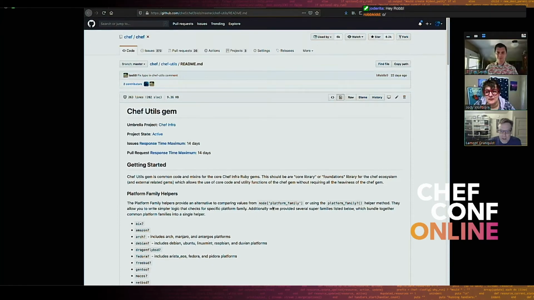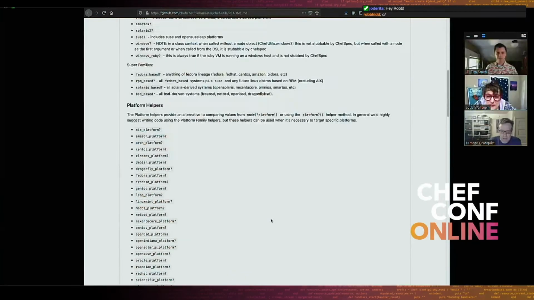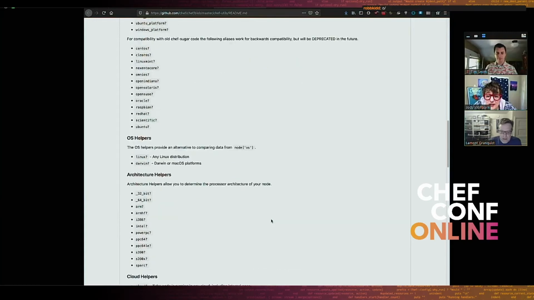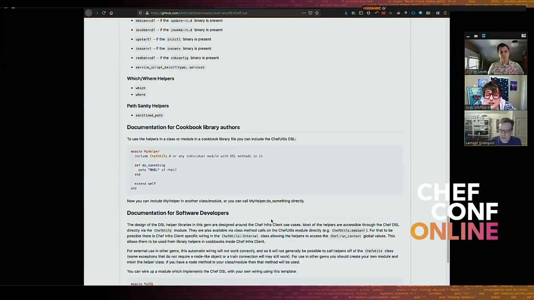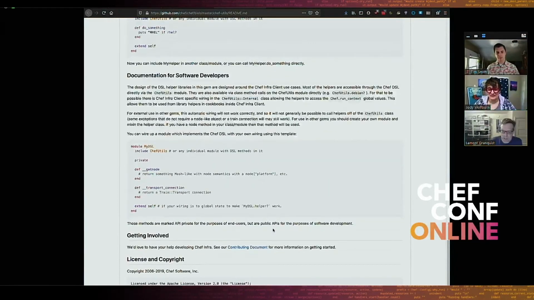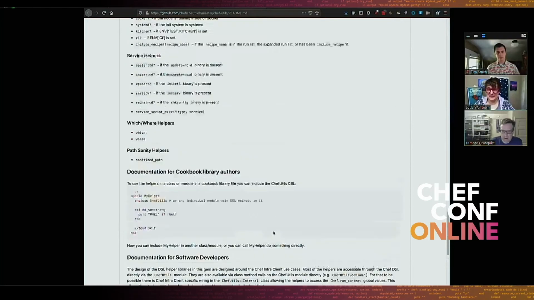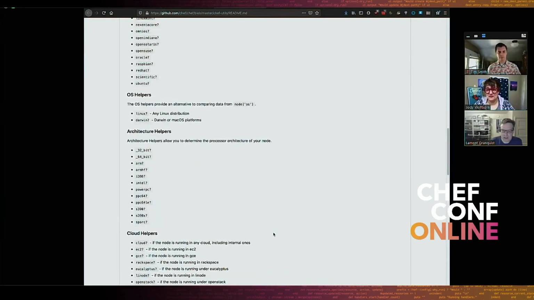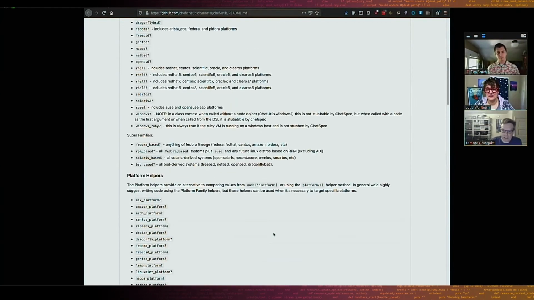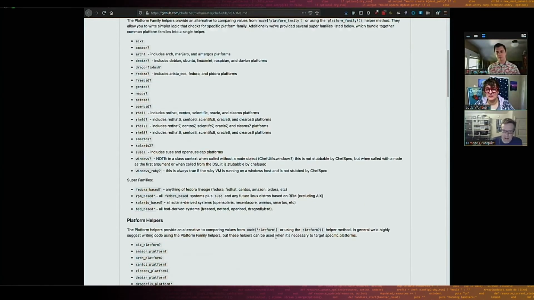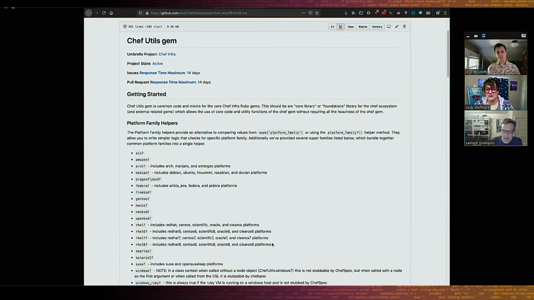So yeah, that's the README. So there's all these helpers, and they're pretty close to what was in Chef Sugar. There's a few changes where we cleaned up some very strange APIs that Chef Sugar had, so there may be technically breaking changes. But we tried to keep it so that code that worked on Chef Sugar will work for all of the major stuff on Chef Utils. And this is now just baked directly into Chef Client, so you don't have to worry about the fact that it is a different gem.